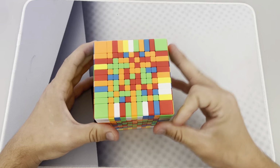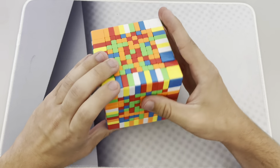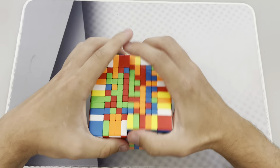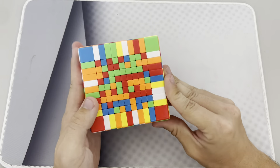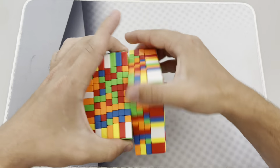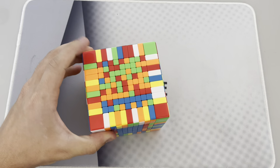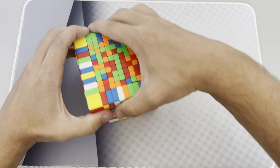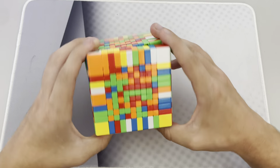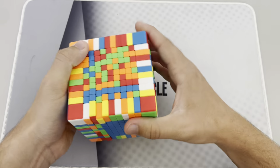But I also think that taking a look at the magnetic Terraminx may be a little bit interesting, because last year at the same time that I got my Yushin Terraminx and my Chi 9x9, I also got Diansheng's magnetic Gigaminx, and that actually is pretty nice. It's a really good collector's item, I think, and it's actually not half bad. I mean, $60 for a Gigaminx does sound like a lot, but in reality, it's actually not too bad,